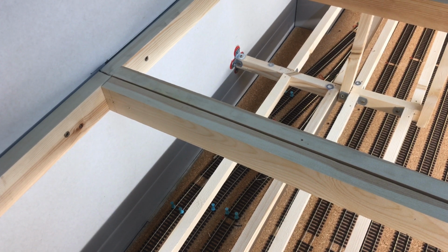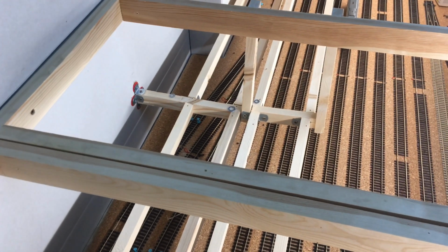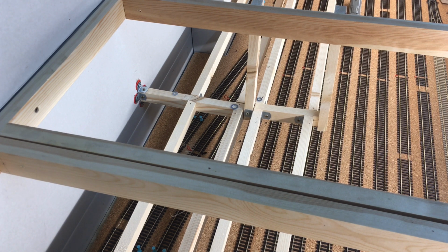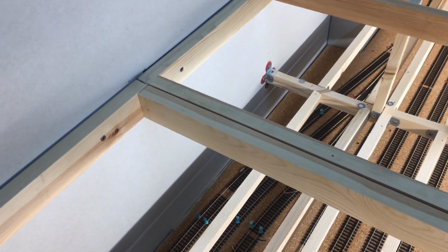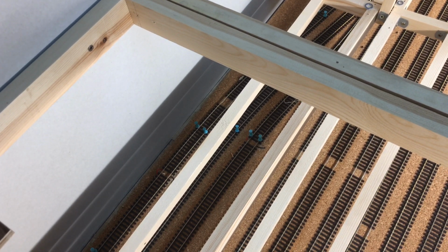This is the view from above. So what I've got at the very back, just before the breeze block in the garage, are 3 loop sidings which come off the main running line at the very back there, and they branch round, following the wall back down towards the garage door. In amongst all the framework here, and also the framework for the inclines as well as the baseboard above, you'll notice that I've deliberately not